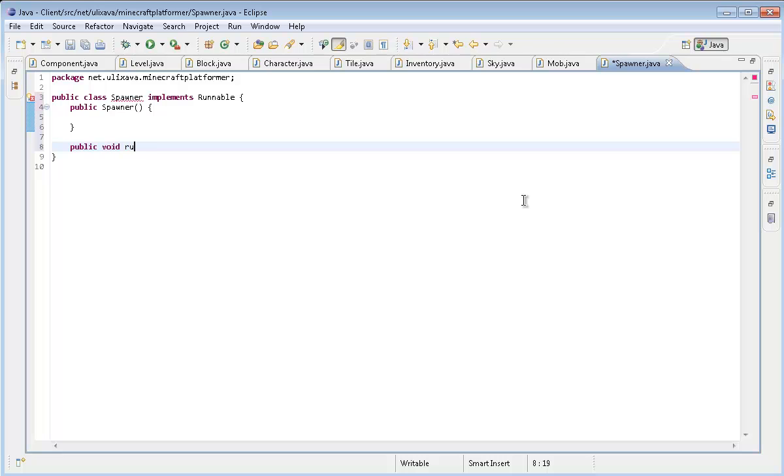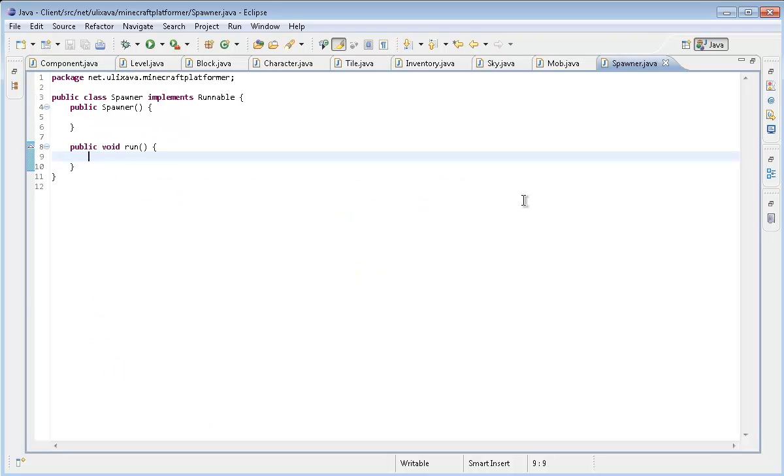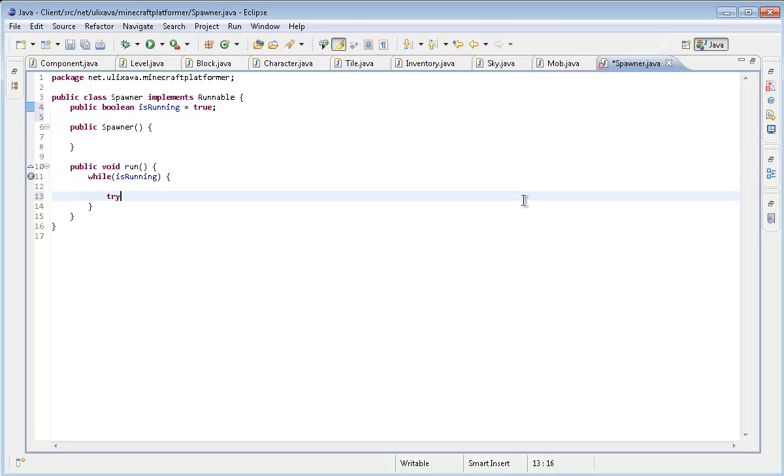And what I'm doing here is basically making this into a thread, just like we have the component class here. This component class, while it's running, like I tried to do with the mobs before, but it didn't turn out very well. That means we're gonna have an isRunning variable here, or it doesn't have to be named isRunning, but I'm calling it that because it makes more sense. Equal true, try, catch,